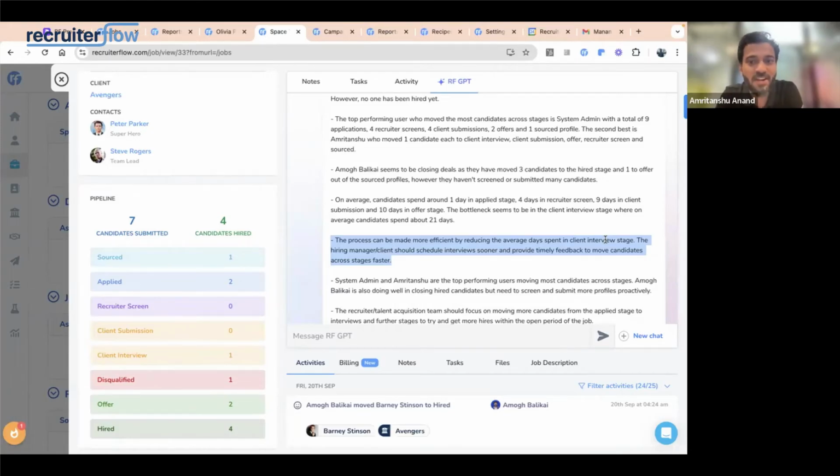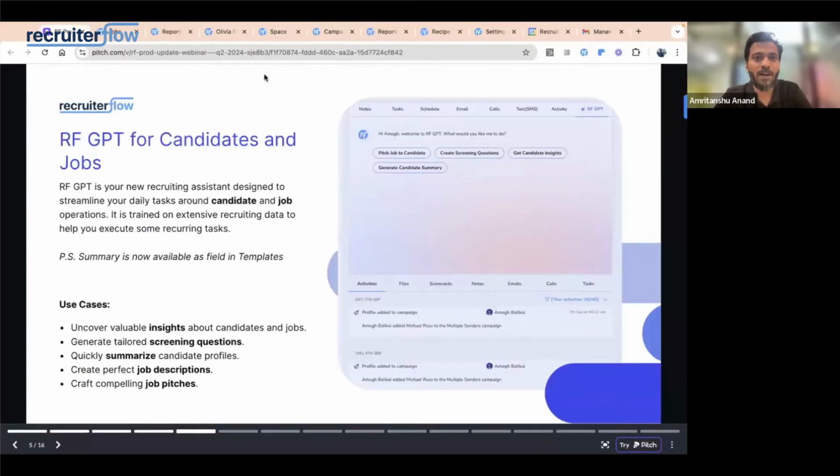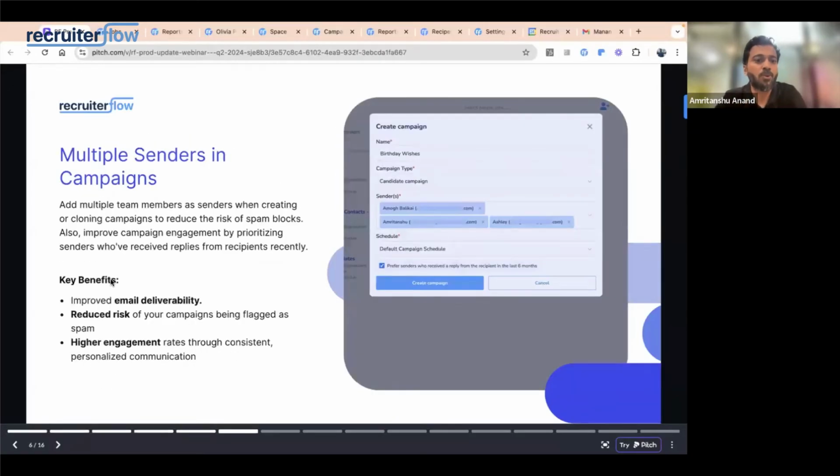So RF GPT currently supports candidates and jobs. If you have any use case, feel free to reach out to us. We'll be more than happy to take those as suggestions and add more of them for you under the RF GPT section. Apart from RF GPT, in the recent quarter, we also released a way for you to add